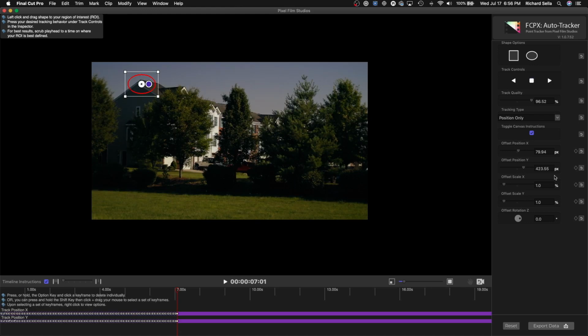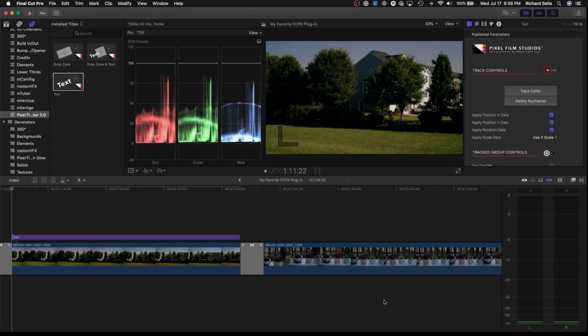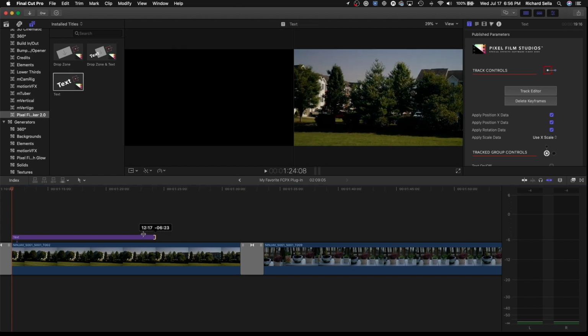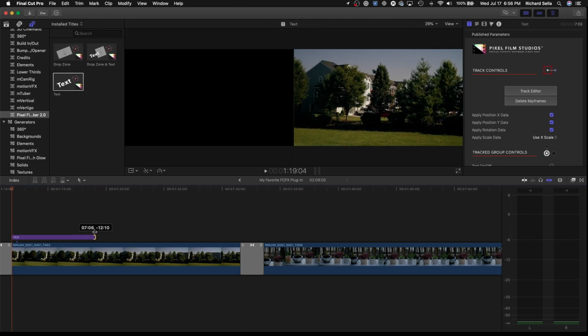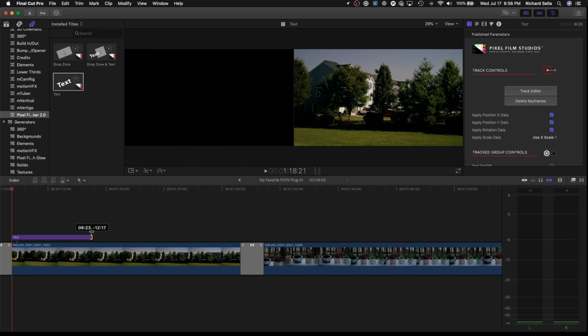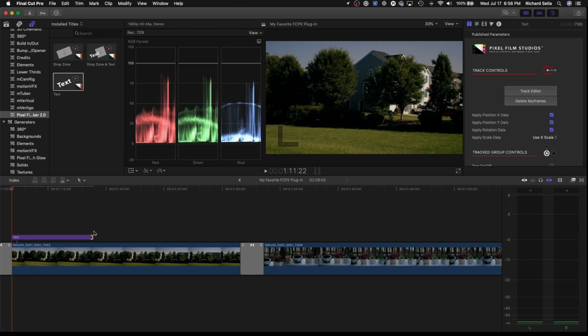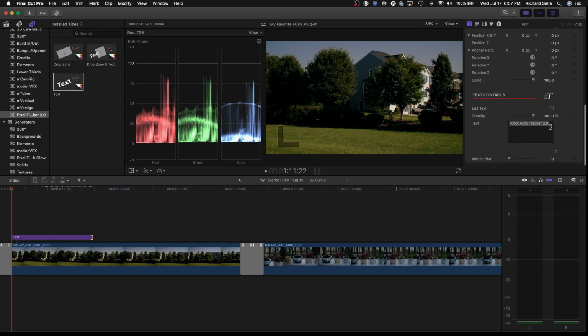All right, so I stopped the track at about 7 seconds, and we're going to export the data back to Final Cut Pro. All right, we're back here in Final Cut Pro. I'm going to trim this down to 7 seconds, because that was all we tracked. You can leave the rest on there if you want, but I want to make sure the track is good. We'll head down here to the track editor and edit our text, and we're just going to say something like Bob's house,